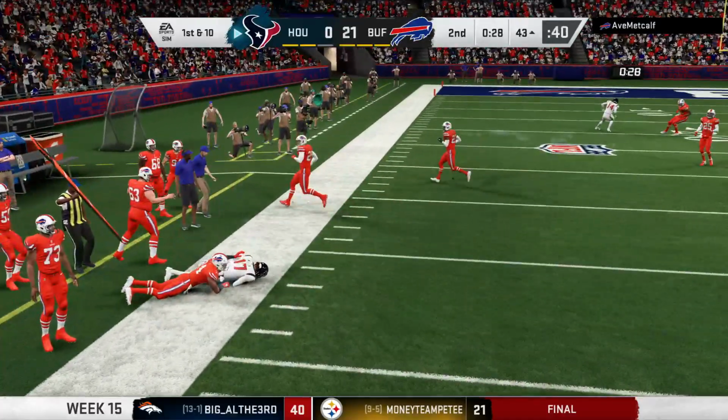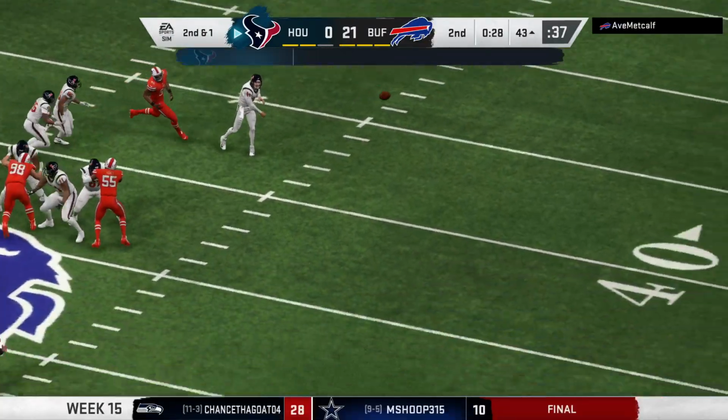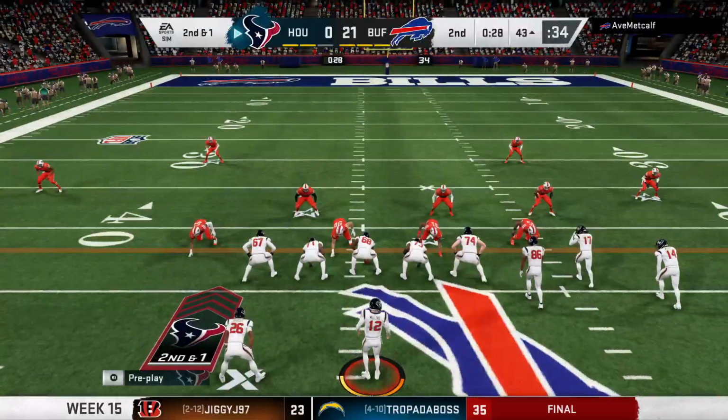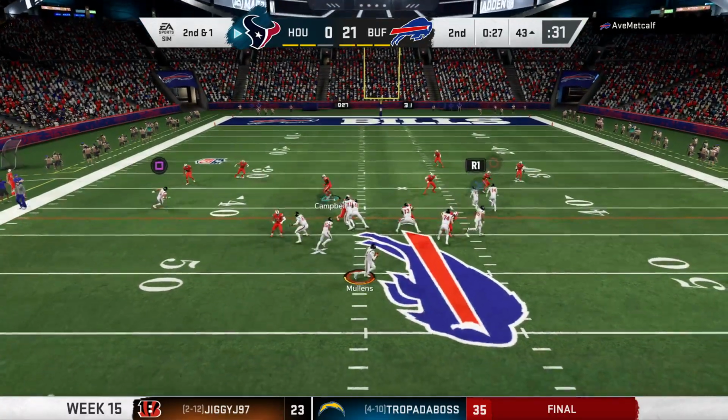And a completion to Wilson. Give him 9 there on the first down completion. Well, if you do read man coverage, Brandon, the drag route's a pretty good one to run against it because you're running away from people on it. That last catch short of the marker by just a yard leaves him with a very manageable 2nd and